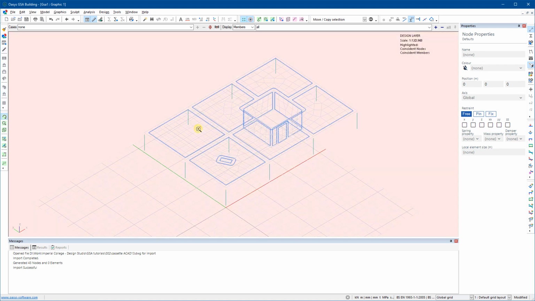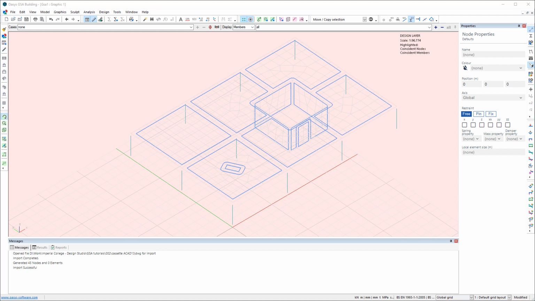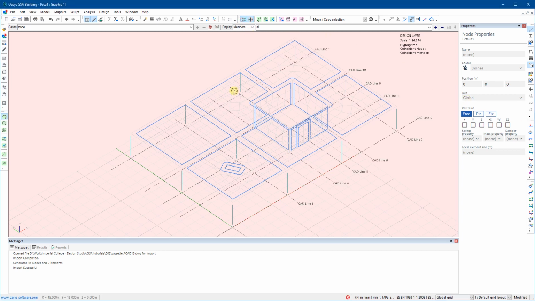So going back to the design layer, you see I've got my slab panels, my walls, and the stick elements. Again, I've not defined any of the properties of these, so we don't really see anything yet. Really it's a matter of personal preference where you start with the model to work on it. So I'm going to turn off the